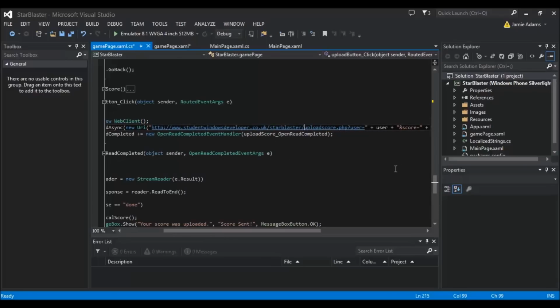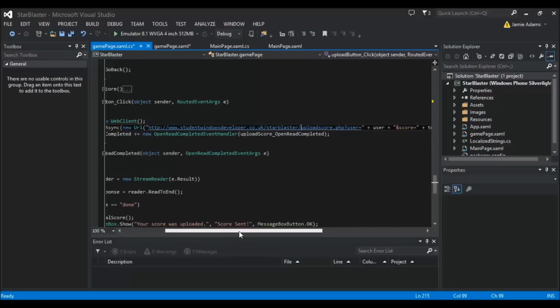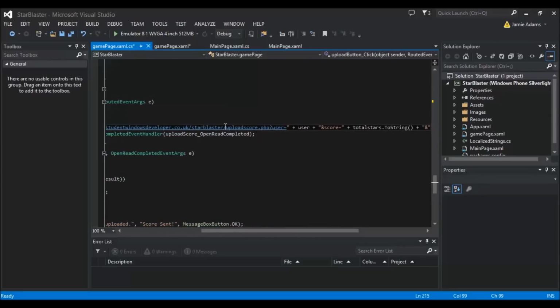Now in this circumstance I'm using get and not post. Get means that you can pass that information through the URL to upload it into the database, or you could use post. Because effectively you could just navigate to this page and enter information manually if you knew what the URL was for someone's app, but it's never been a problem. It's not a problem really if you don't tell anybody about these pages. Otherwise you can use post information and then no one can enter it via the URL. But for the sake of this example and to get you started on understanding the databases, we literally just do